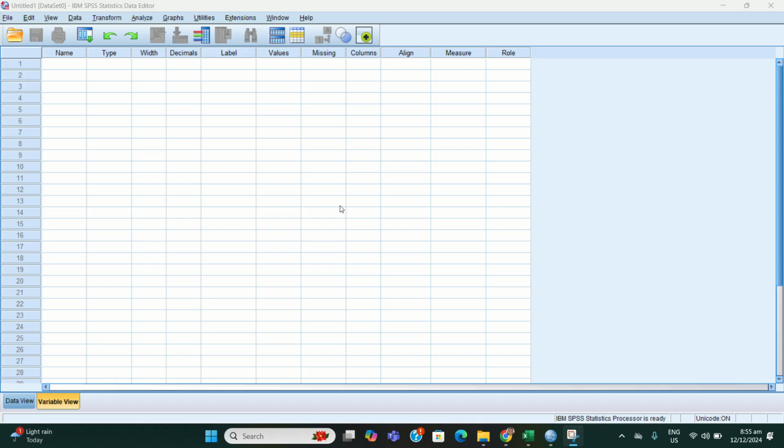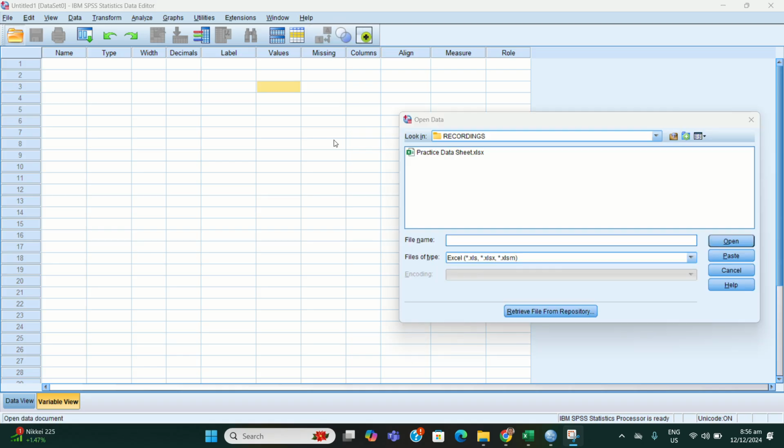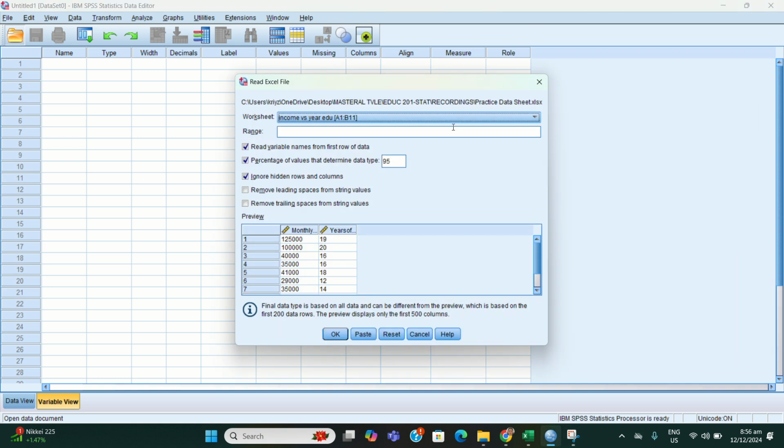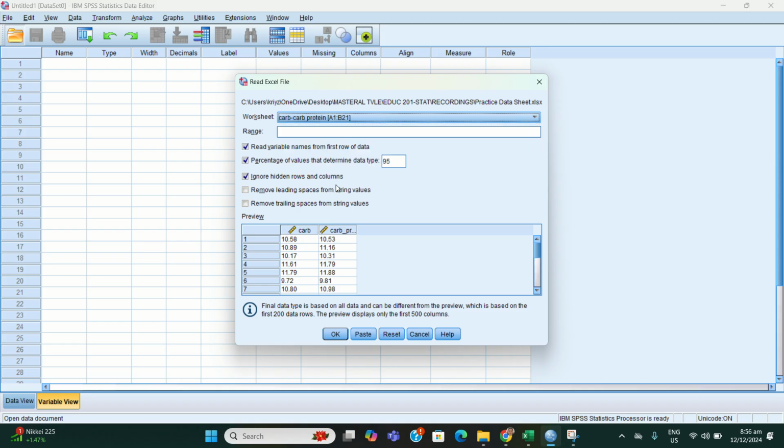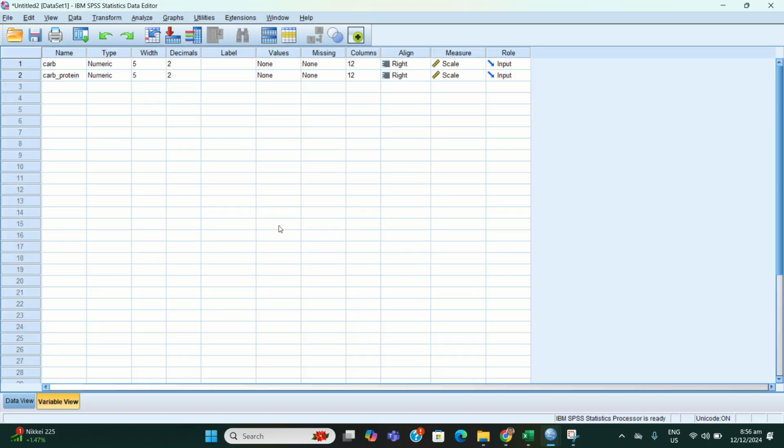In a paired sample t-test, there are four assumptions. And so we will now begin the demo on how to do the paired sample t-test in SPSS. So now we will open SPSS and then we have to open this data. Then we will choose this data set, then click OK. As you can see on the screen, I already opened a data set.